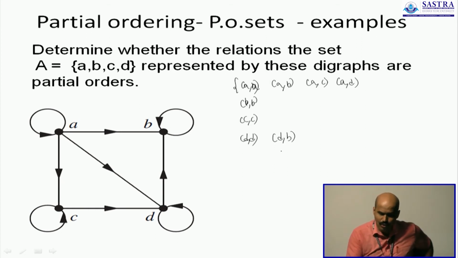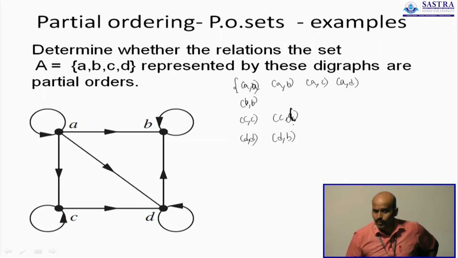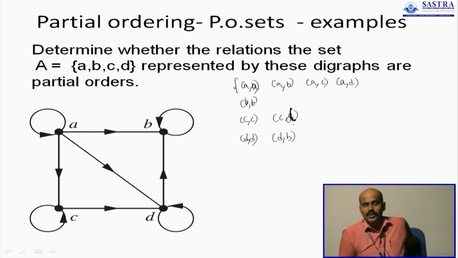Or do you have C comma A somewhere? Yes, we do have C comma D. In fact, we have C comma D as part of the relation. In addition to AB here, AC here, AD here, the 3 sides of the figure, you also have DB available, that's another interesting edge added, and you also have C to D as an edge. So 4 plus 1 plus 4, that's 9 ordered pairs that are present in the relation.